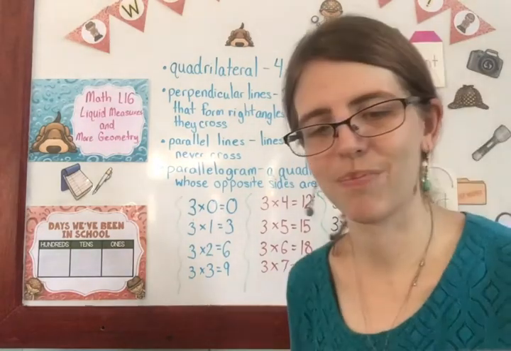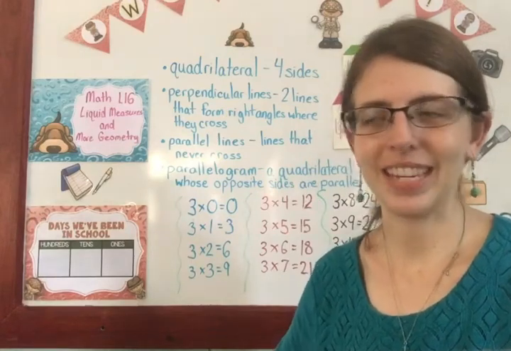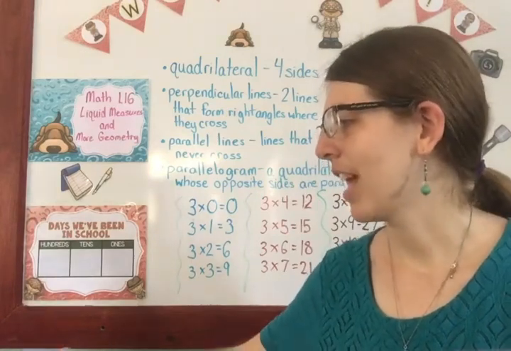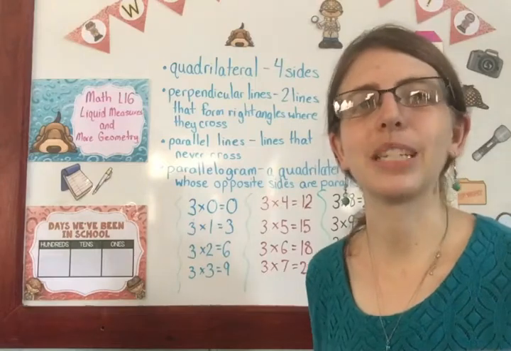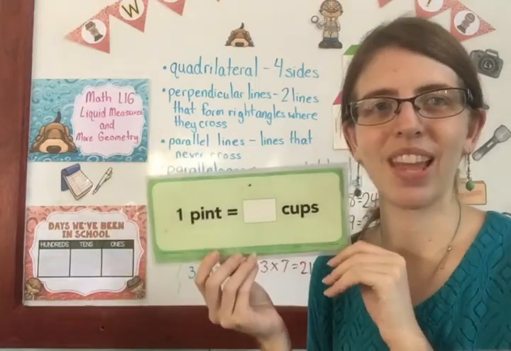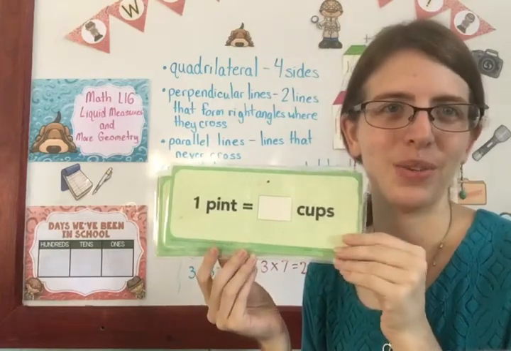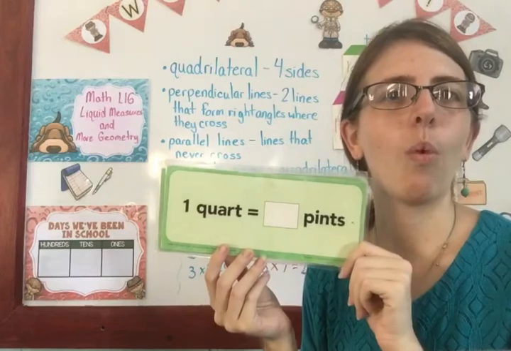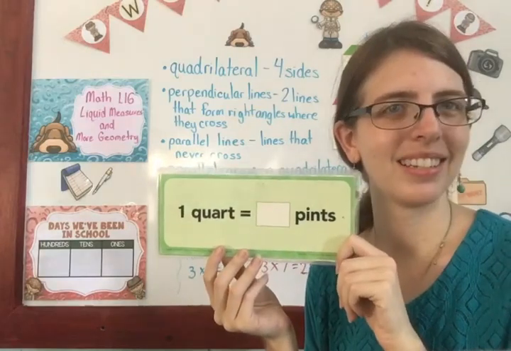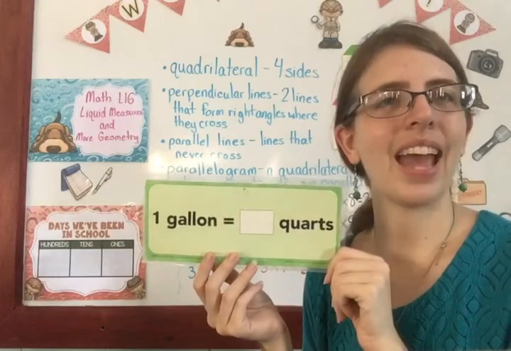Very good. All right, we are talking about some liquid measures today. Liquid measures. Again, these are review. You've learned these before, so you should be able to say these answers before I give them. 1 pint equals 2 cups. Good job. 1 quart equals 2 pints. Excellent. 1 gallon equals